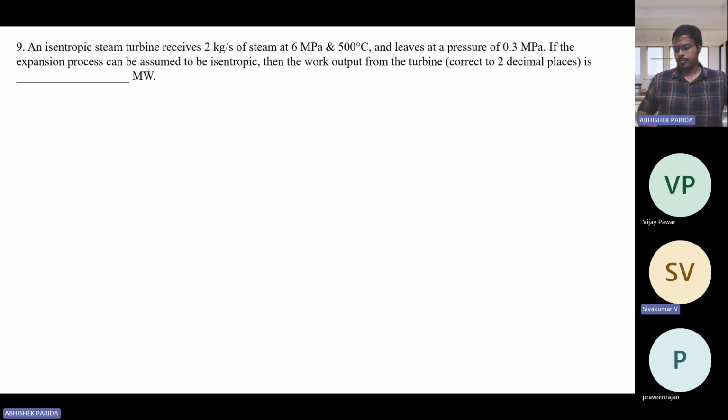After finding the quality, if it is less than 1, that is wet steam, then H2 equals HF2 plus x2 HFG2. We need to refer to the saturated table at 0.3 megapascal, 0.3 into 1000, the kilopascal value. And then,